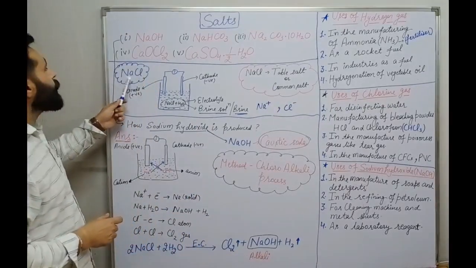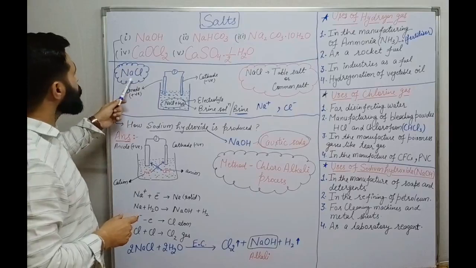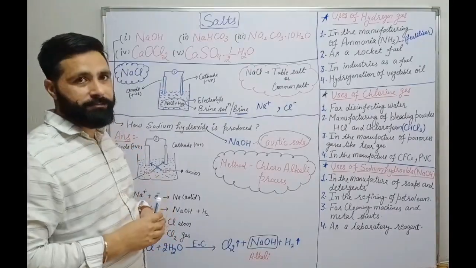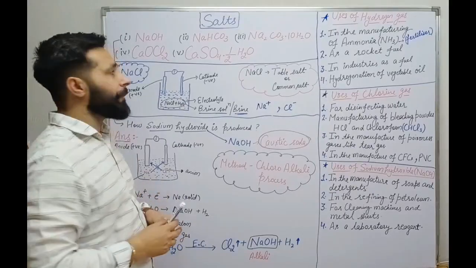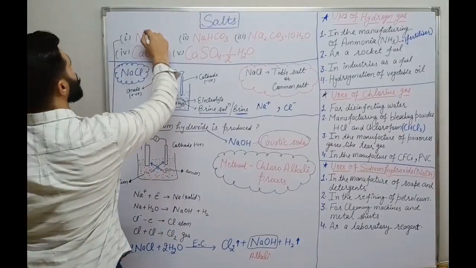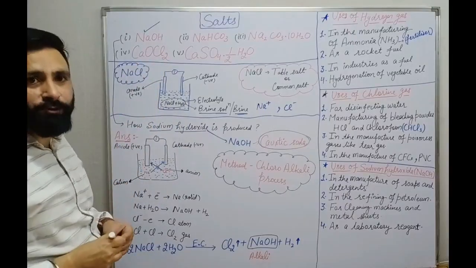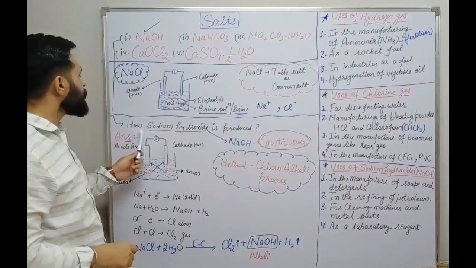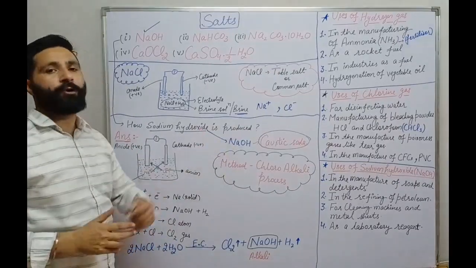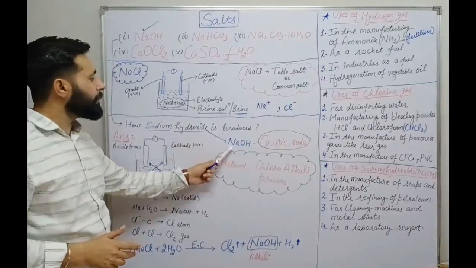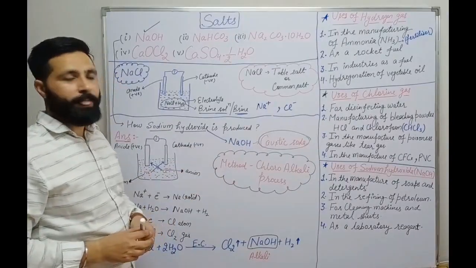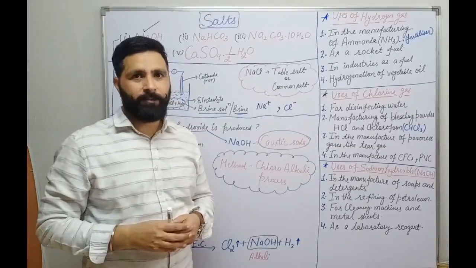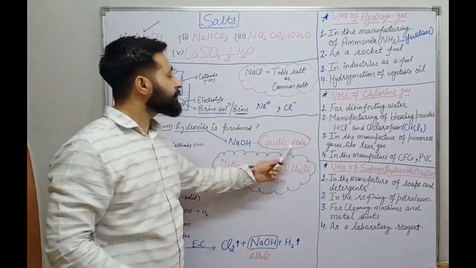So beta, why have I told you about sodium chloride? Because from this we will make three main products which are included in this chapter. So first we will start with sodium hydroxide. It is a salt. How is it formed? So the question is how sodium hydroxide is produced. Sodium hydroxide, formula NaOH. When I say sodium hydroxide, it is a chemical name, but its general name is caustic soda.